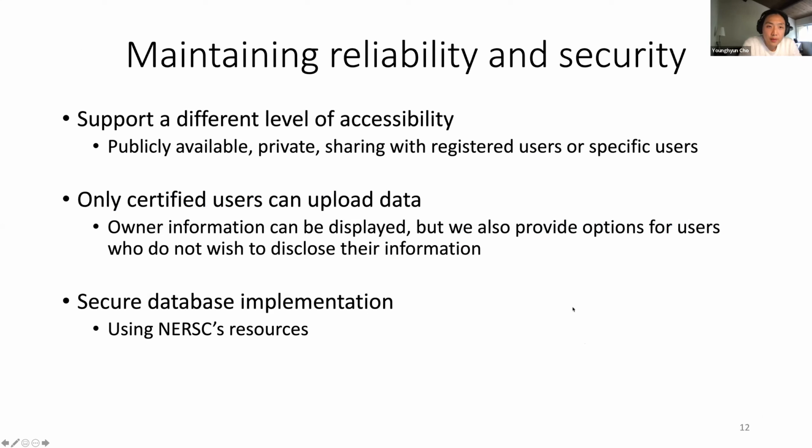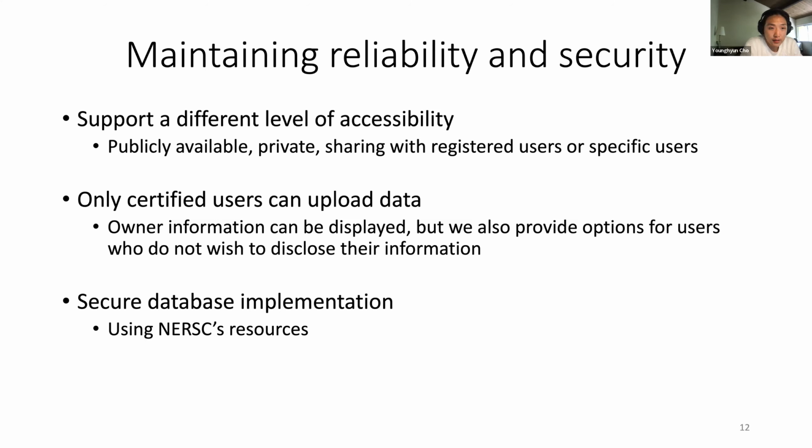And we also try to maintain reliability and security of our database. So we support different levels of accessibility of the performance data, which means that performance data can be publicly available or private, and also shared with registered users or specific user groups. And for reliability, for now, only certified users can upload any data, and the owner information can be displayed. But we also provide some option for users who do not wish to disclose their information in